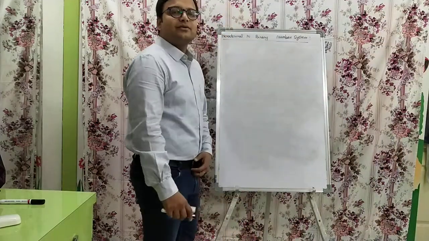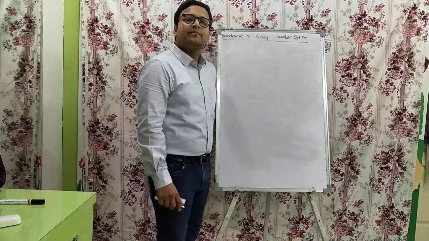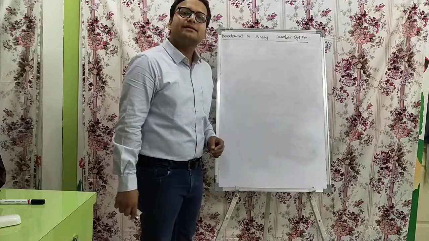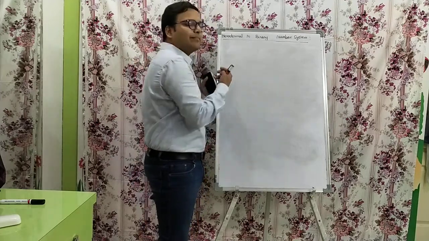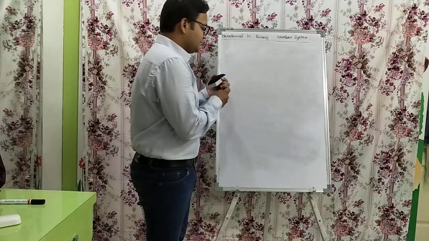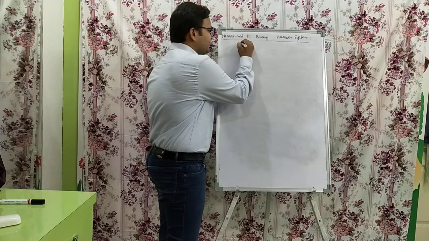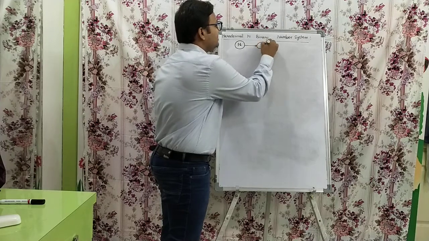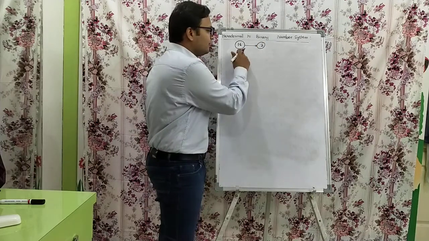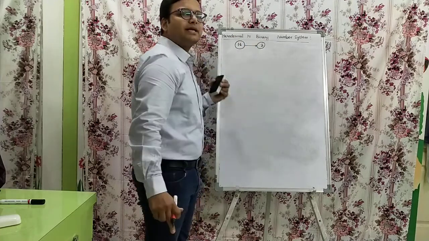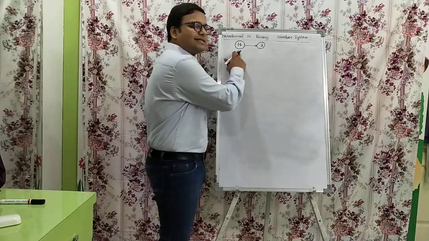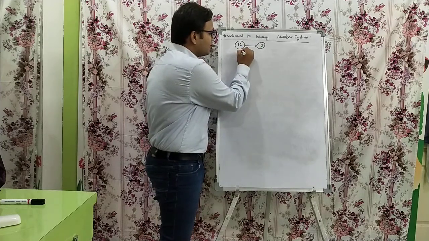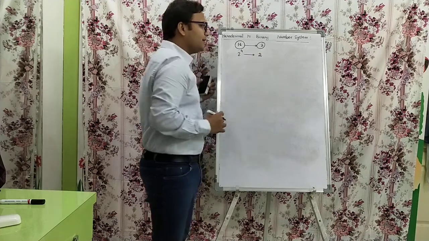So in this session we are going to see another number system conversion, that is from hexadecimal to binary number system, and then at a later session we are going to see how to convert back from binary to hexadecimal number system. So our requirement here is from the hexadecimal number system to the binary number system. In order to convert a hexadecimal number system to binary number system, we first have to represent a radix relationship. Here the radix is 2 to the 4 and we have to convert into 2.